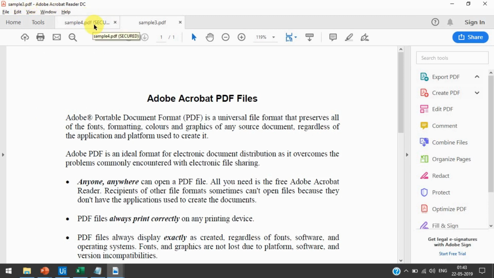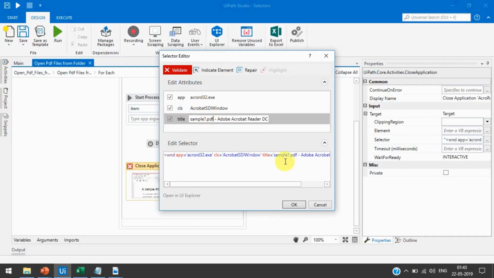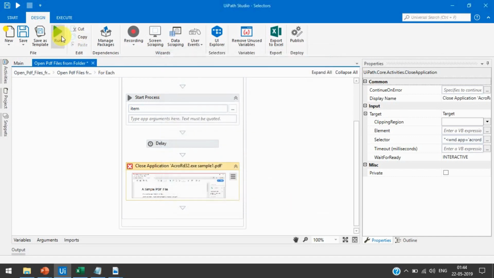So what will we do? We will go to the sample PDF here, remove this, and we can use an asterisk. It will replace everything, whatever we get after the .pdf, it will accept that and it will work. Now press OK and run that.